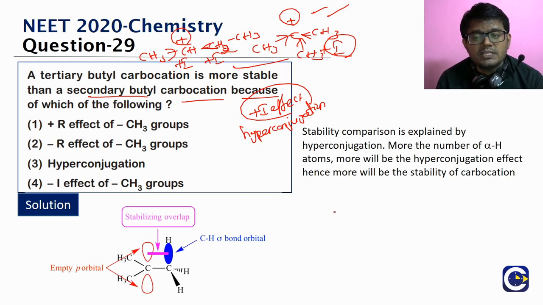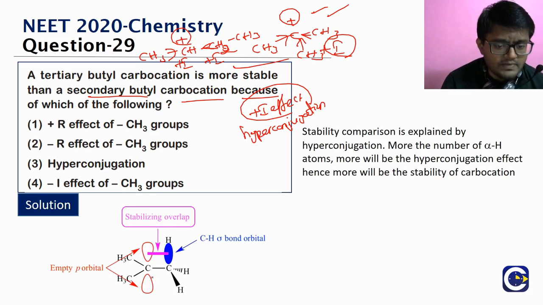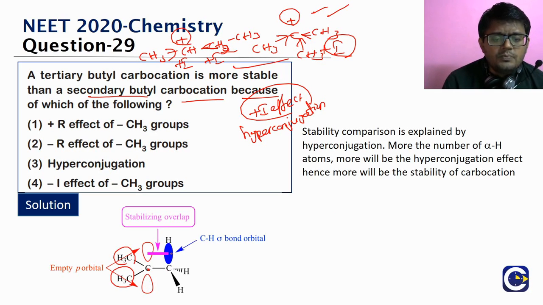So what is hyperconjugation? If you look at it, we have the tertiary butyl carbocation representation here. We can see this is the deficit carbon. It is bonded to 3 methyl groups. One methyl group we are representing with 3 hydrogen bonds clearly demarcated. Here, if the bond pair of electrons of the carbon-hydrogen bond is used for forming a bond between these two carbons, that phenomenon is what we call hyperconjugation or the no bond resonance.